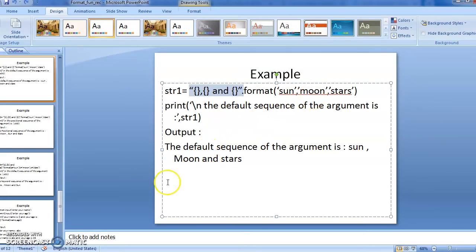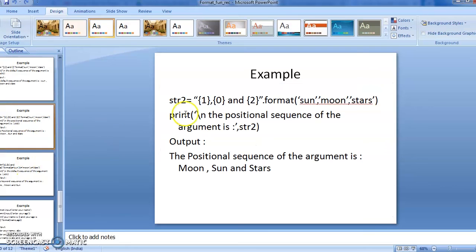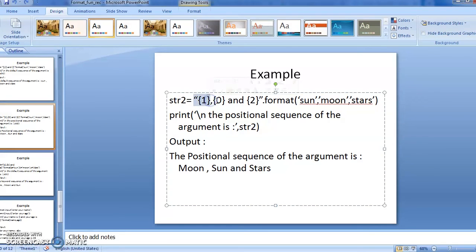And even if I change the sequence, let's understand another example where I am using positional values. So here in the placeholders 1, 0 and 2. So whatever sequence I mention in the format function, it will print in that order only. Now we know that this is 0th position, 1st position and 2nd position. So here first we have mentioned 1st position, so moon gets printed first, then 0th position, so sun will get printed, and stars. So here the output will be moon, sun and stars. Okay. Next example,